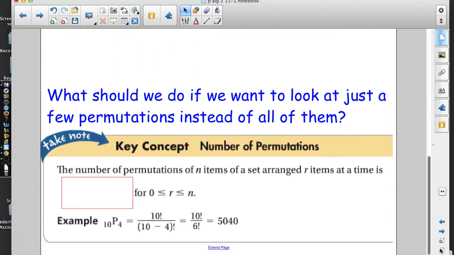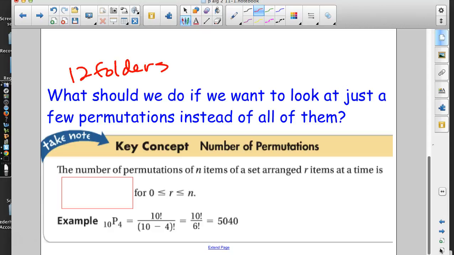And what should we do if we want to look at just a few permutations instead of all of them? For instance, take those 12 folders, but you don't have time to arrange them all. Right now, you just want to pick the 4 most important ones in order of importance. You don't want to do them all. So then what we're doing